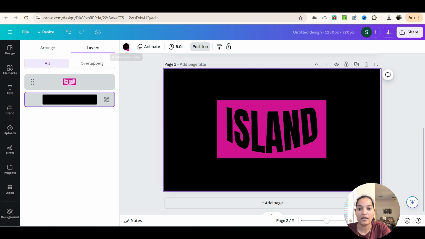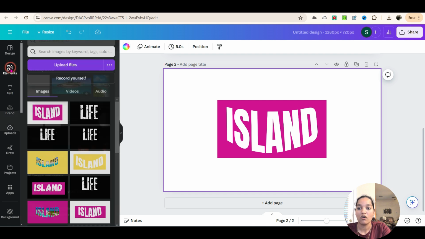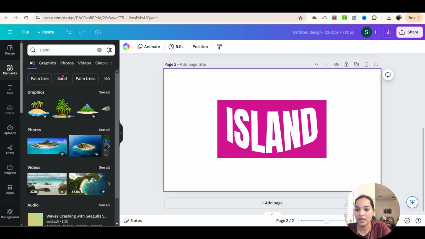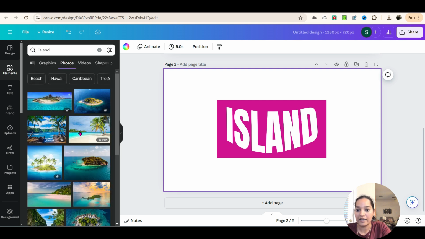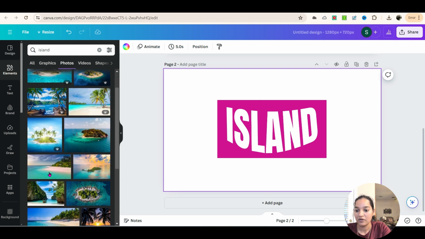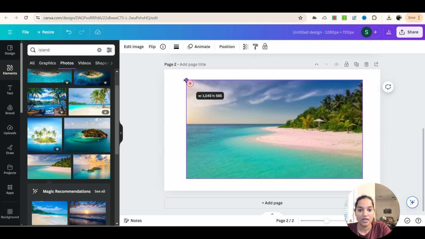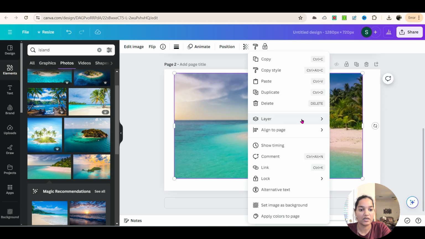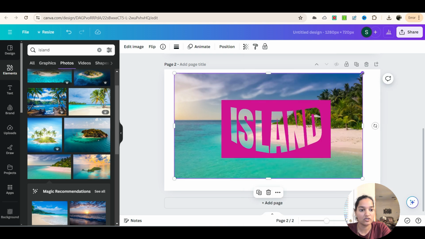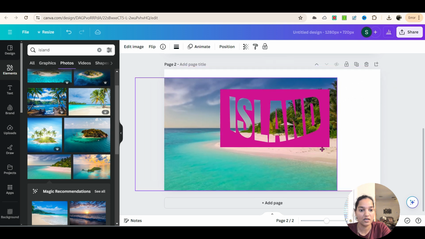I'm going to change back the background to white here, and now I'll bring an image of an island. So I'll go and look for an island image here, and we'll go to the photos, and you can pick whichever you want. So let's say we like something like this, so I can go ahead and put this image and send this image backward. So layer and send to back, and now if you want, you can actually extend it, and you can bring this image like this,